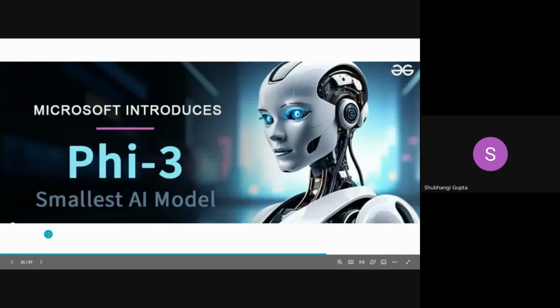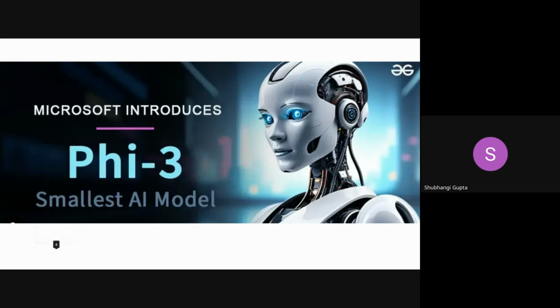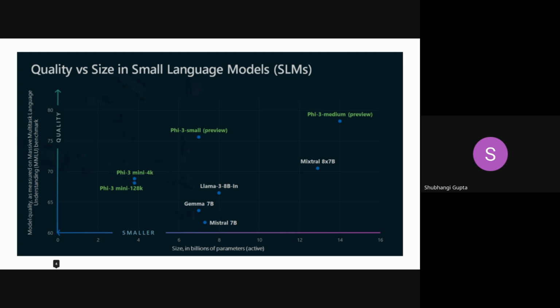Next, please. So now we discuss a little bit about the Phi-3 model that has recently launched a few days back. It has 3.8 billion parameters and was trained on 3.3 trillion tokens. So here you can see the quality versus size in the SLMs, like Phi-3 medium, Phi-3 small,